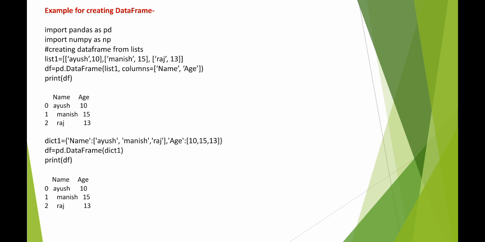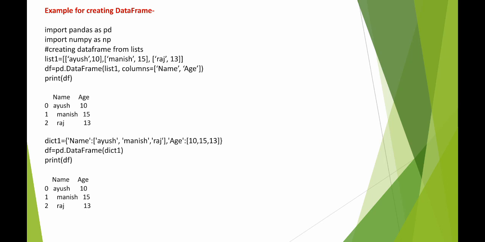All you have to do is first create a first key, and that key should have a certain set of values. Then you write the second key, and give a certain set of values for that second key. Then you pass this dictionary into the data frame object, and if you print that data frame, you will have the output. You can certainly make some more examples for that.